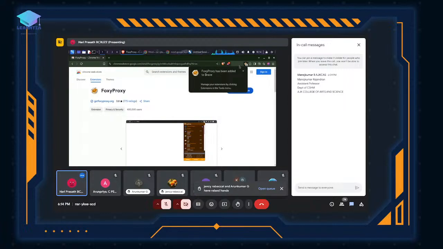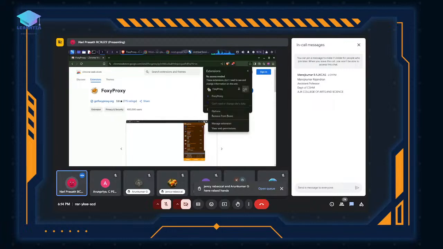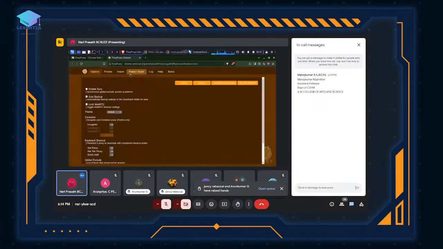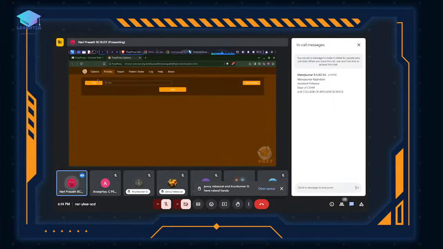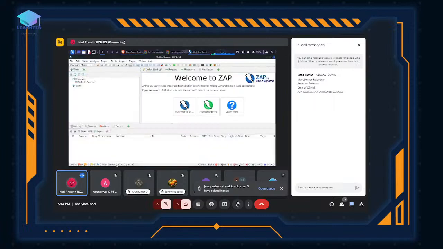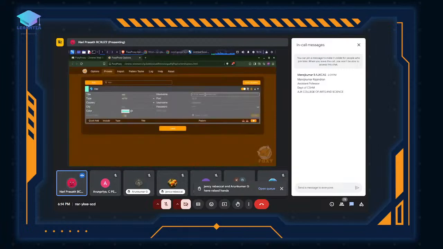The proxy extension has been added, so we need some configuration in that. Just open the proxy and give the options. In that, you can click proxies and add. As I said before, we are going to use ZAP as the proxy server. This is the host that we are going to use. It's a localhost, so we are going to use